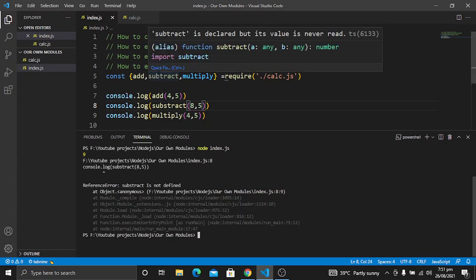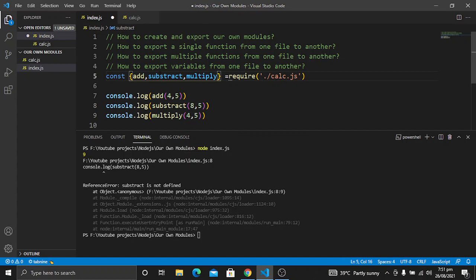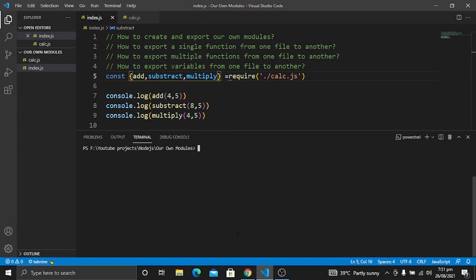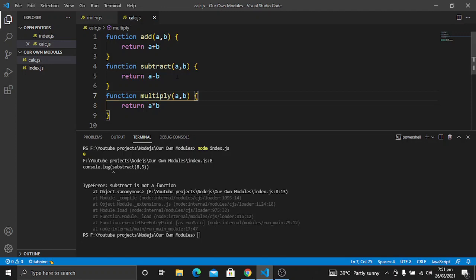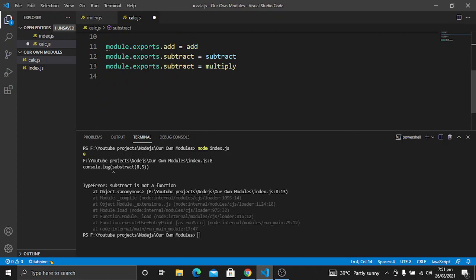So let's see. The error here is a spelling mistake. Let's save it, clear the terminal, run the code again. Now we are also getting an error here, subtract. So let's see what we have passed from here. So subtract, correct the spellings. We have made a mistake here, so it will be subtract and subtract, and for this it will be multiply.